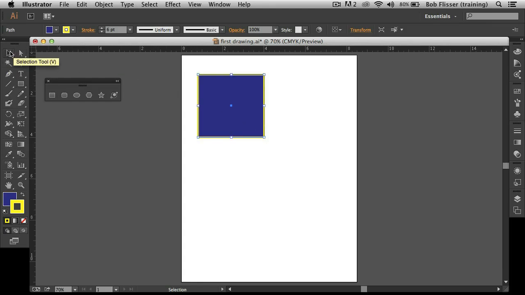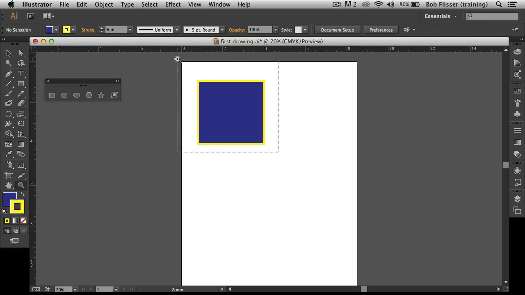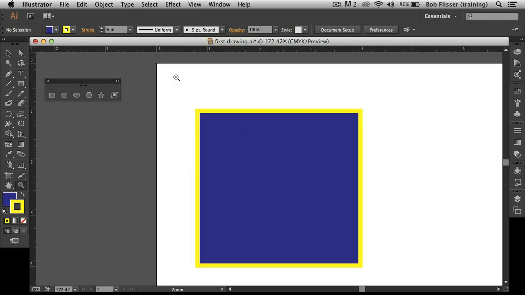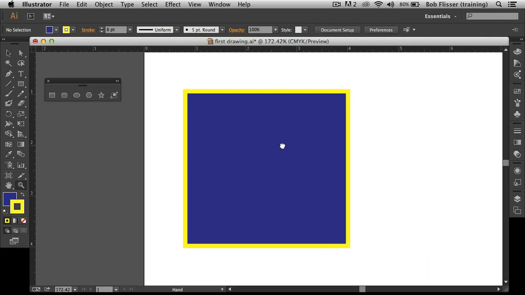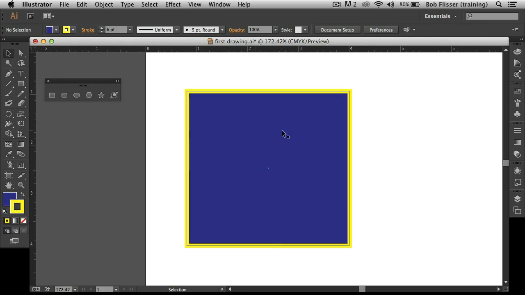I'll just click the selection tool and deselect so you can get a better look at it. Also, you might want to zoom in here. Any number of ways you can zoom in. We talked about that in the last chapter. And I'm just going to get the zoom tool and maybe zoom in at the top here. Okay, use the grabber hand. So there's my blue fill and the yellow stroke. I'm going to get the selection tool and select it because I want to show you a few other ways